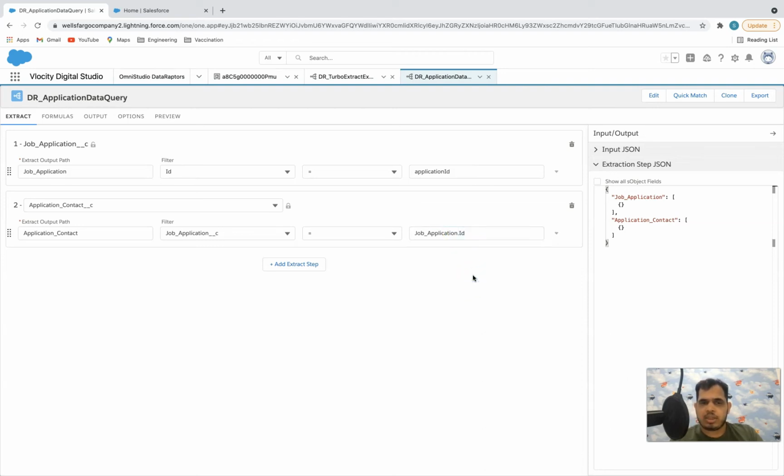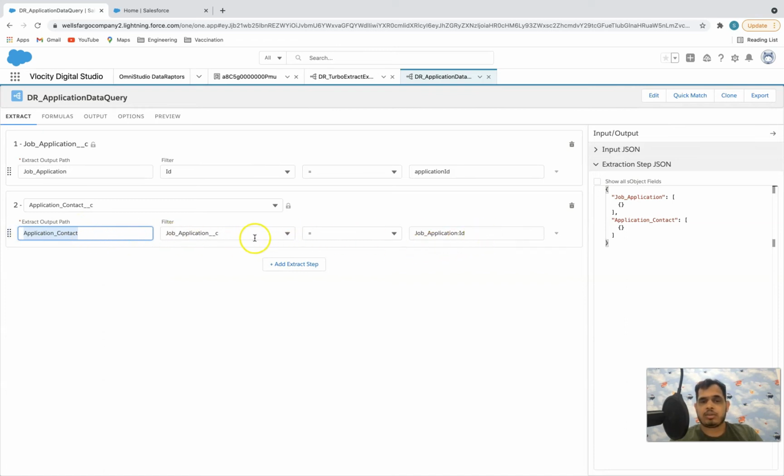But in the data raptors or in the whole Omni Studio, we do not write dot anywhere. We write it as colon. Okay, so if you want the ID from this job application, it will become job_application:ID.